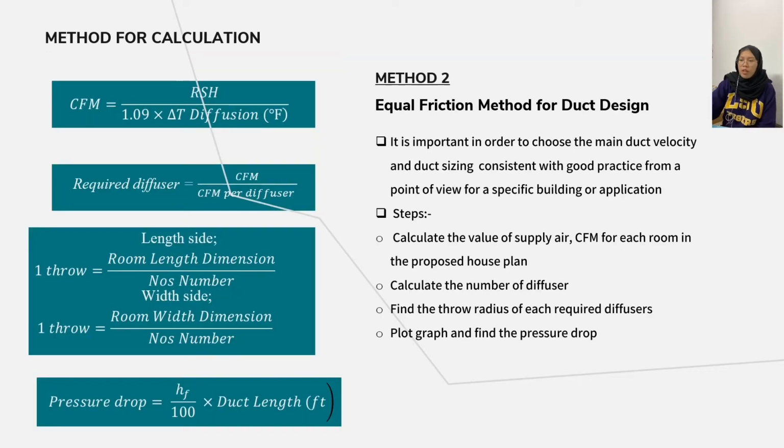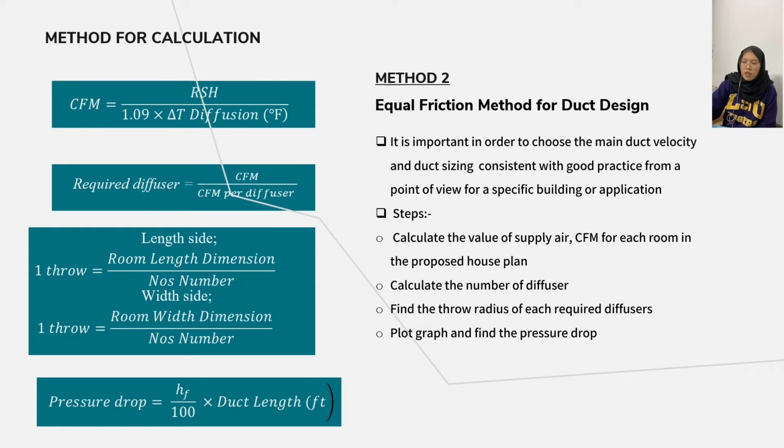The second method is the equal friction method for duct design. This method is important in order to choose the main duct velocity and duct sizing consistent with good practice from the point of view of a specific building or application. The steps